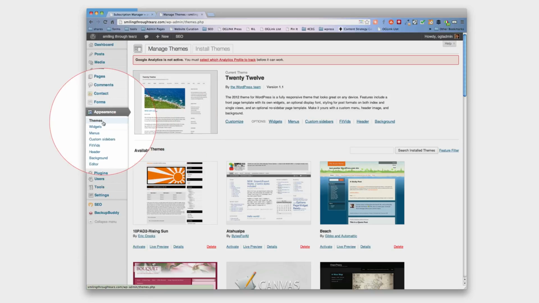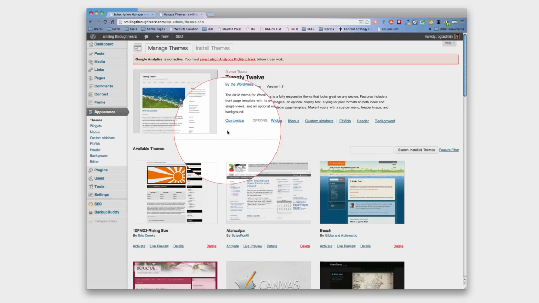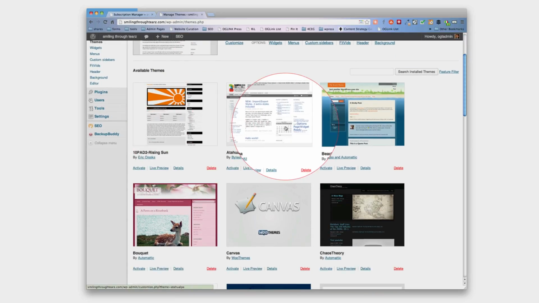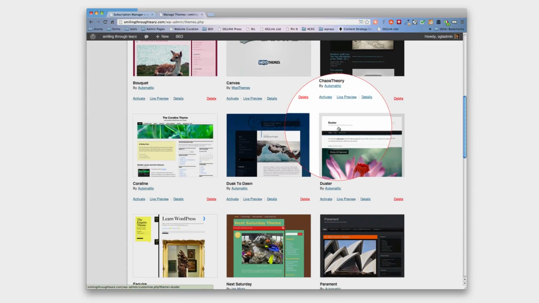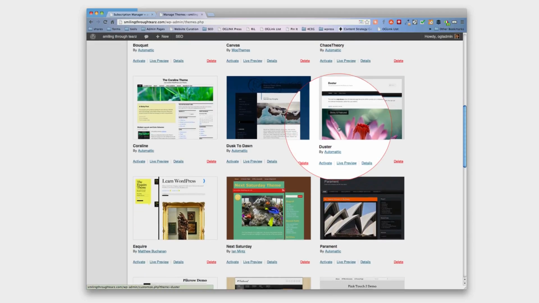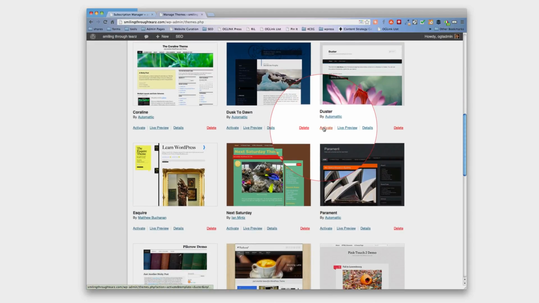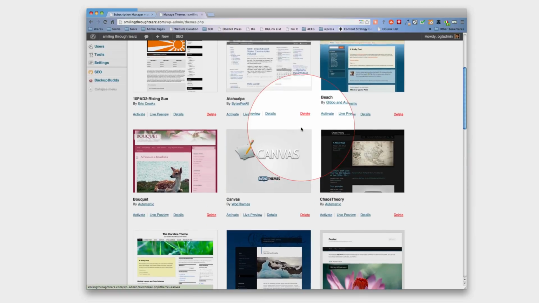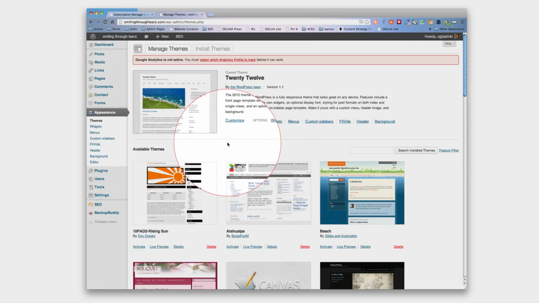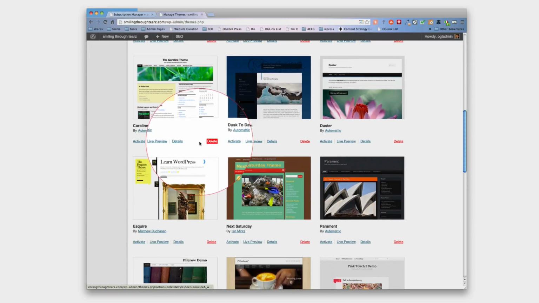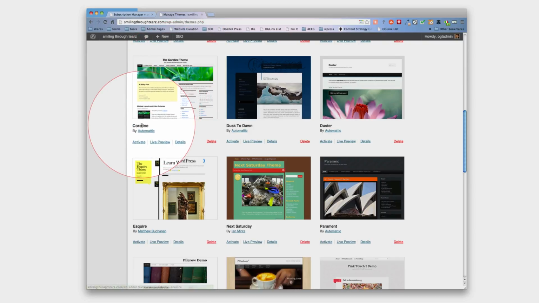So let's take a look at how you select a new theme. To select a new theme, simply go to Appearance, Themes, and on the right hand side you will see all the themes available for your website. These have already been installed for you and they're ready to simply click on the Activate button and they will become available as part of your website. For example, let's pick the Coraline theme. If we click on Activate,